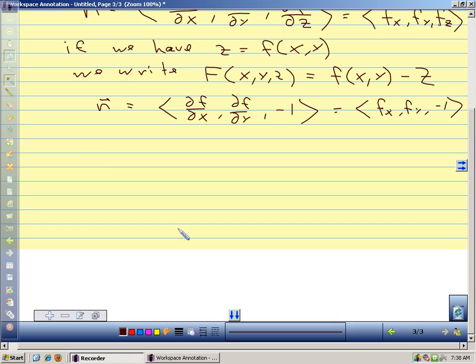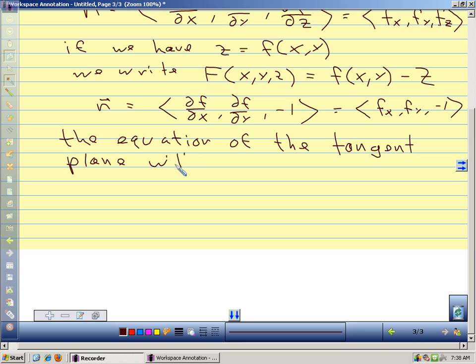The equation of the tangent plane will be, at P0 equals x0, y0, z0,